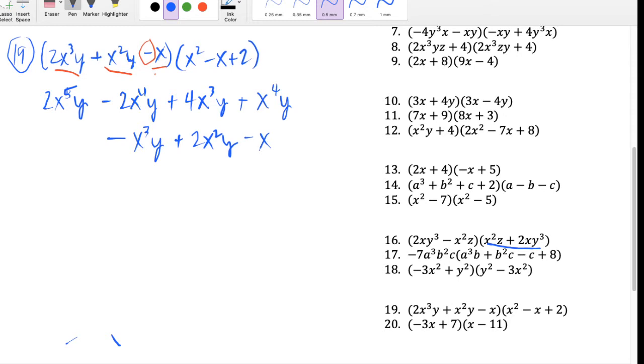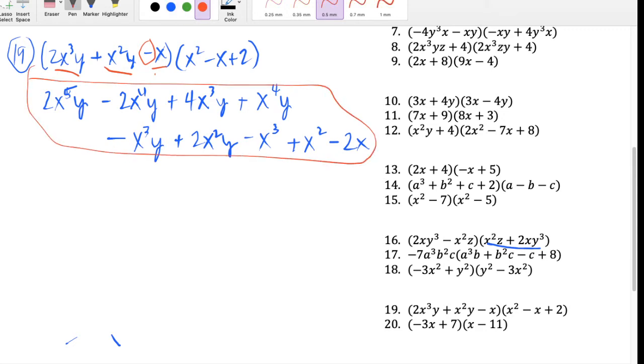Negative x cubed, negative times negative magiging positive, x squared minus 2x. Okay, meron pa tayong like terms? Wala. So, this is our final answer. So guys, ito drill lang talaga to para mapabilis. Parang practice lang. Either to refresh or to parang practice your speed when multiplying